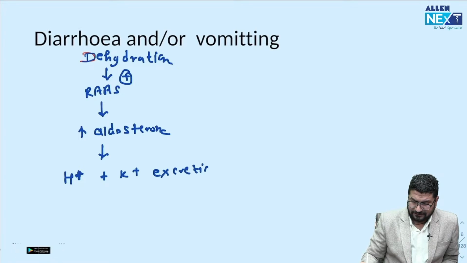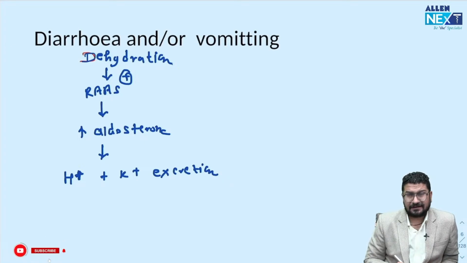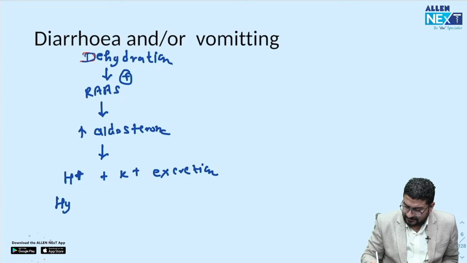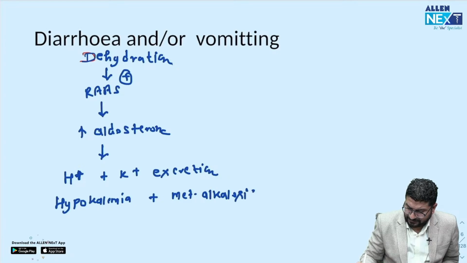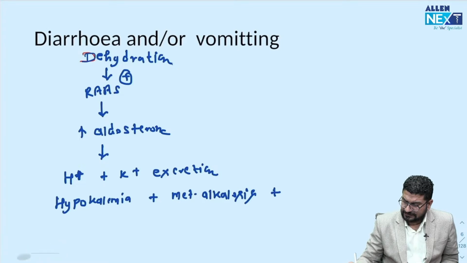So when H positive ion is excreted, what will happen? This dehydration, understand, is basically leading to contraction of your extracellular fluids. That's why our RAS system gets activated. So the result will be hypokalemia with metabolic alkalosis. Hypokalemia with metabolic alkalosis. Now understand, the patient will also have one more thing that is called